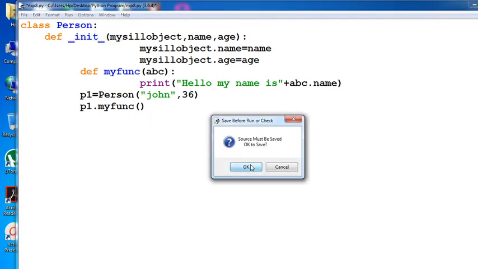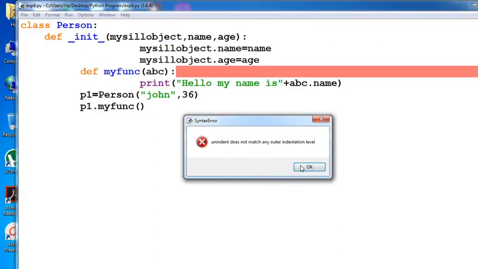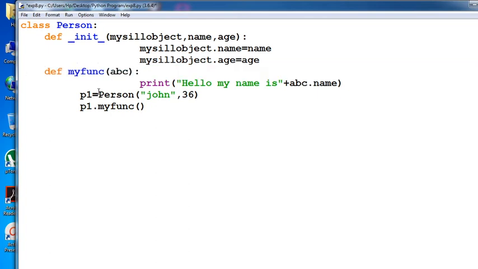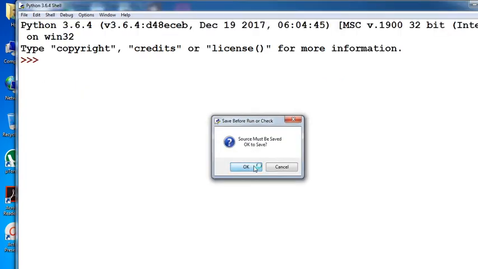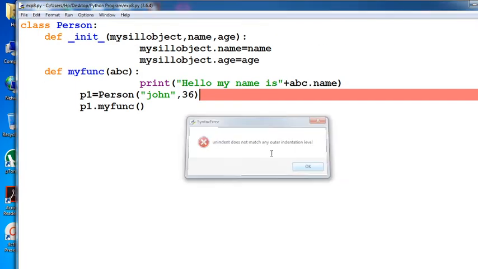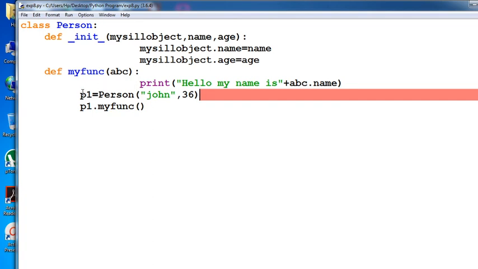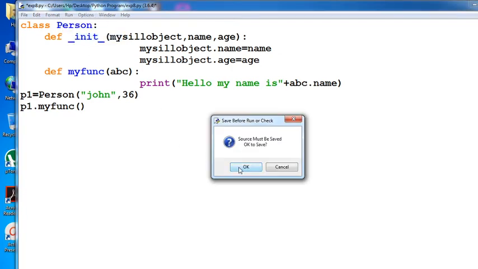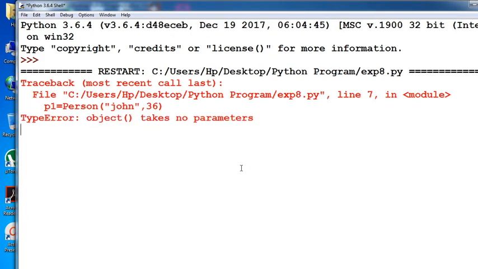Now go to here and run again. Indentation error, that means expected, not expected here. That means you can type this here again, and run again. Now indentation error, that means you can also call this here and run. The line number 7, p1 dot, that is your object, takes no parameters.